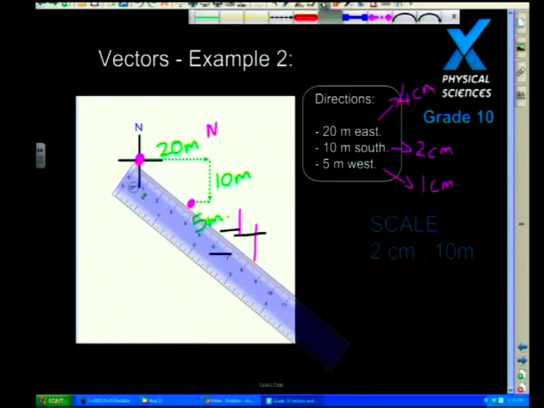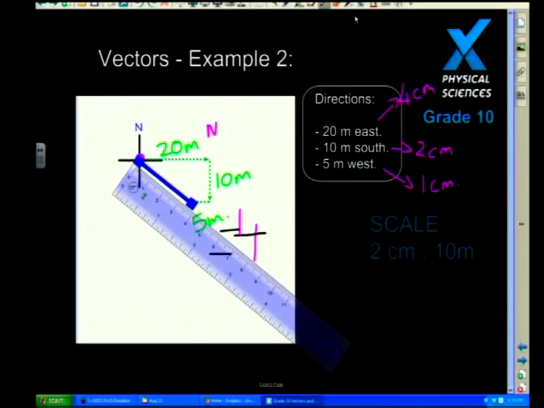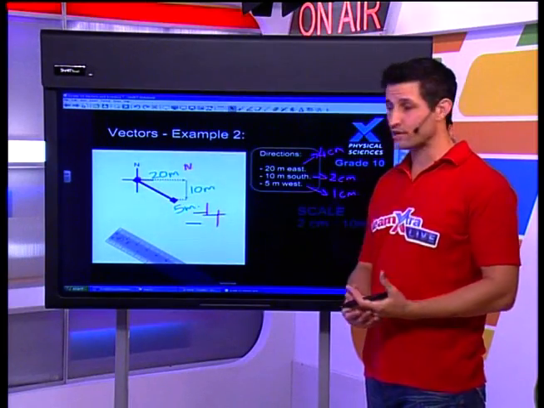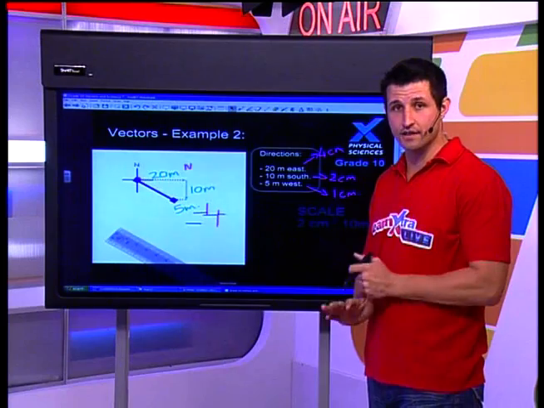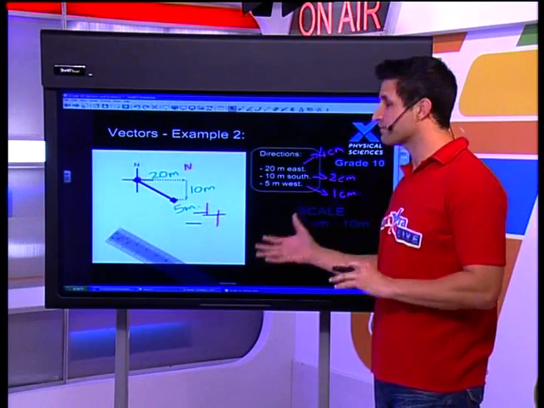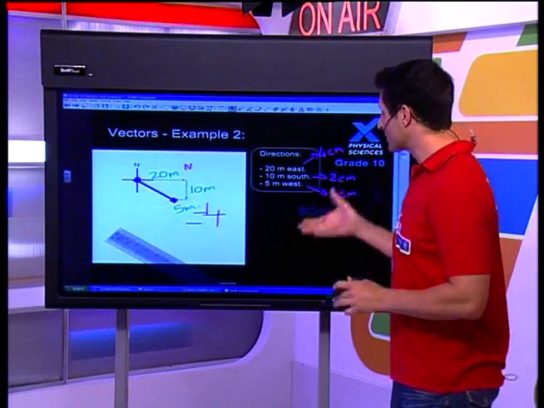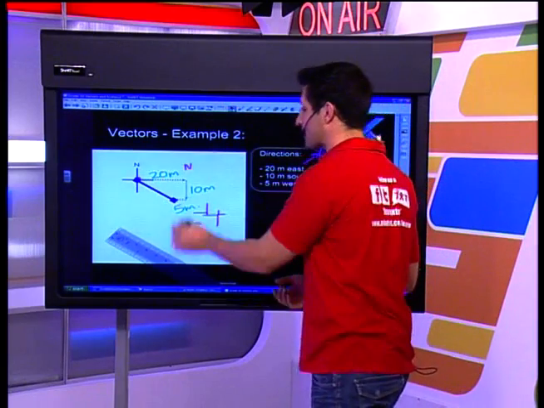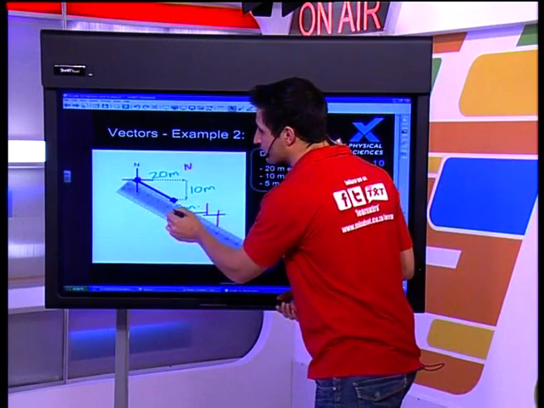I'm going to draw in a line which goes from my start to my end. Now, if you're really awake, you'll realize that this line actually represents my displacement. So my displacement is there on the screen as a blue line. The problem is that it's quite difficult to calculate. Can I measure it with a ruler? If I've drawn very neatly and to scale, absolutely. If you've drawn a very neat vector diagram with your directions absolutely correct, yes, you can actually measure this. And I'm going to do exactly that, and I'm going to show you how we can work this all out.